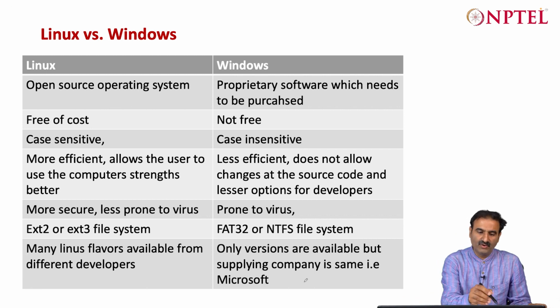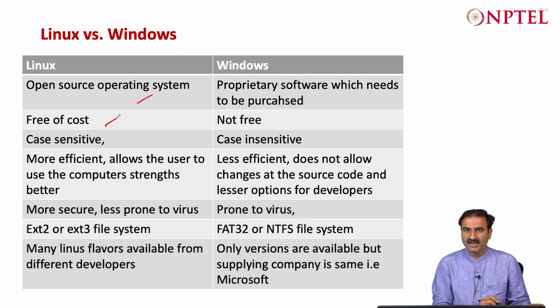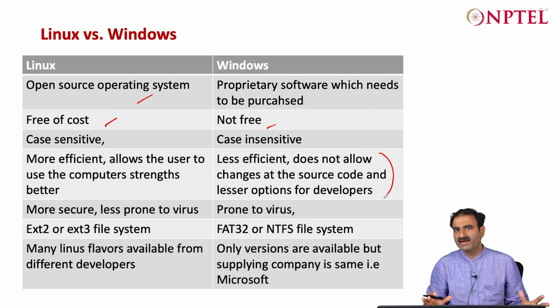Okay, so it is open source, free of cost. Whereas Windows is not free, and it is not about the money. Basically, Linux allows you to use your hardware resources more efficiently, based on your requirements. So you can always specify how many processors you want to use, what RAM you want to use. And you also have the flexibility of installing and developing programs, whereas Windows does not allow that much flexibility, and that is why it is less efficient, but it is a very robust and stable system, good for your routine